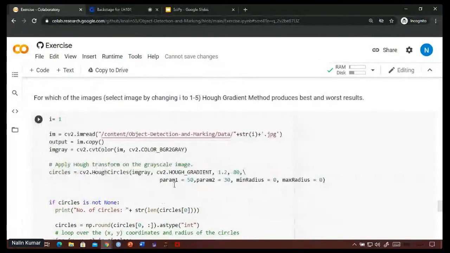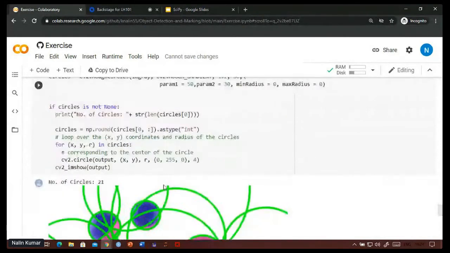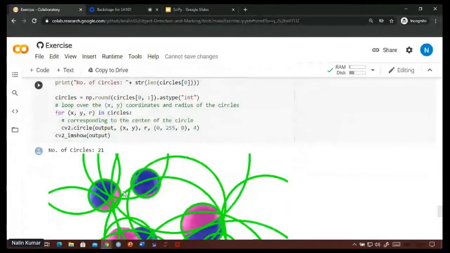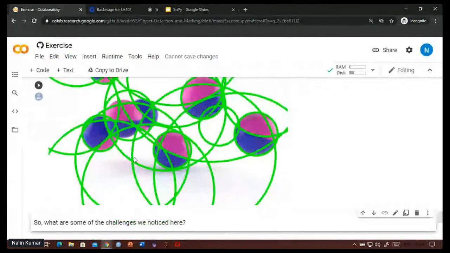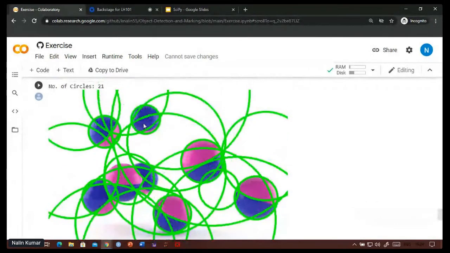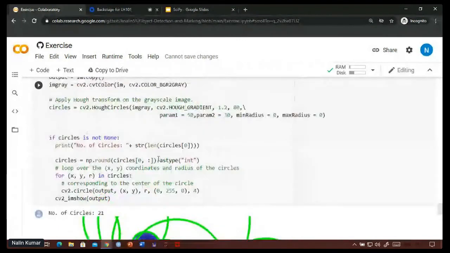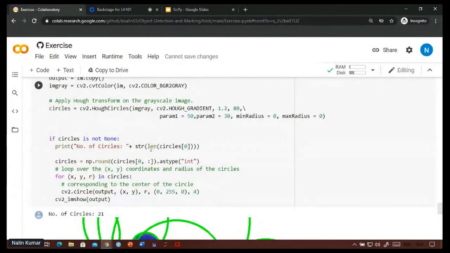We can adjust the hyperparameters of the transform, but still we won't be able to. You can see it is getting these balls, even these ones, but the ones which are in overlap it is not even getting, and it won't be able to get them even when we try to fine tune the transform.